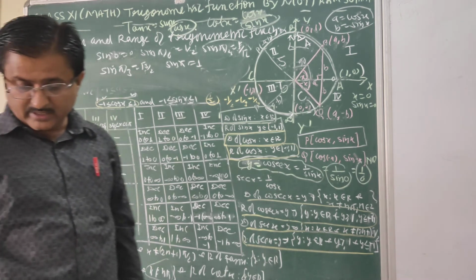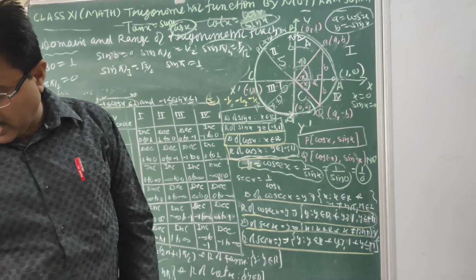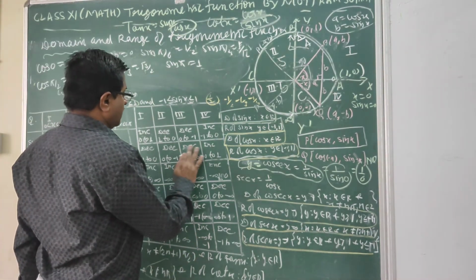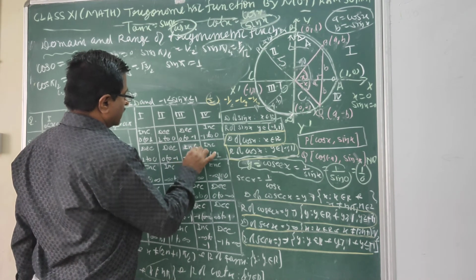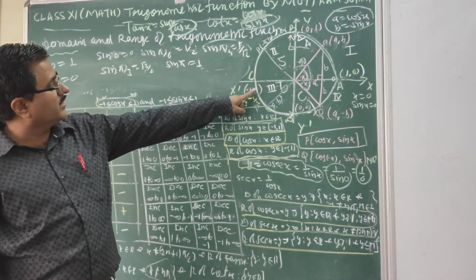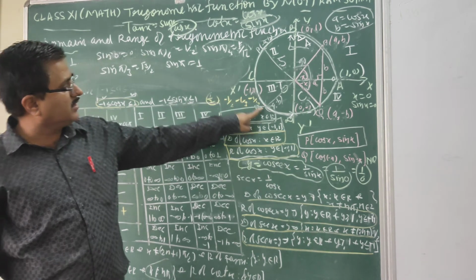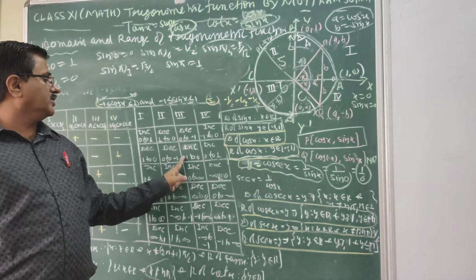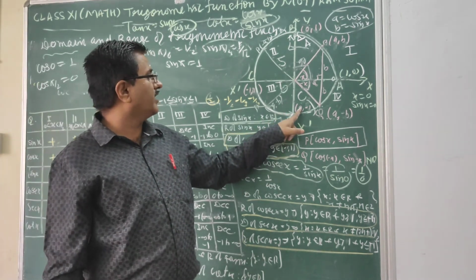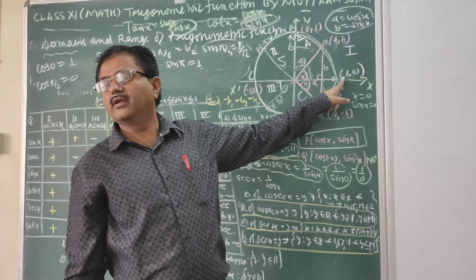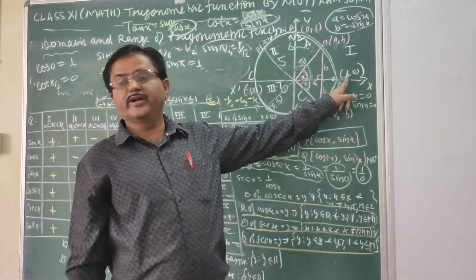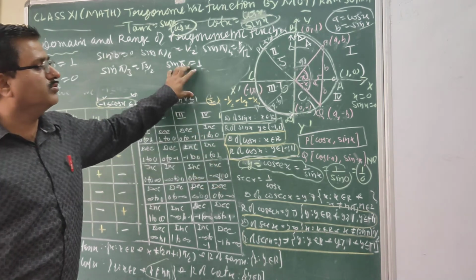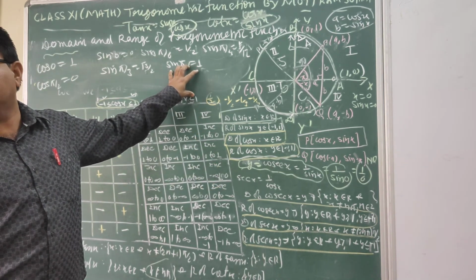And then from minus 1 to 0, this is increasing. In the third quadrant, cos is increasing from minus 1 to 0, since 0 is greater than minus 1. In the fourth quadrant, from 0 to 1, it is increasing. So similarly, if you know these two, you can find their reciprocals.